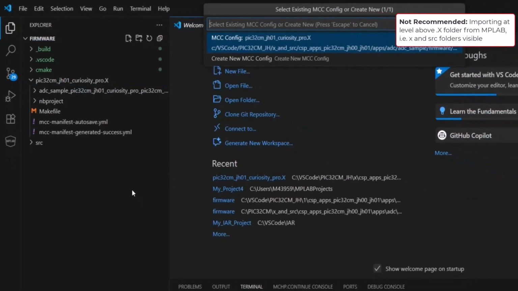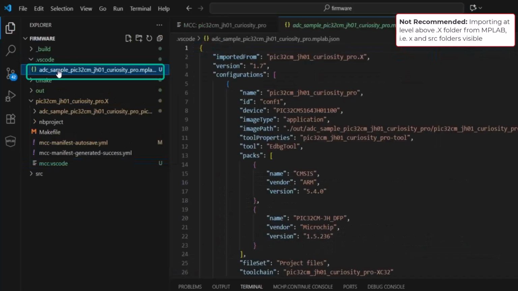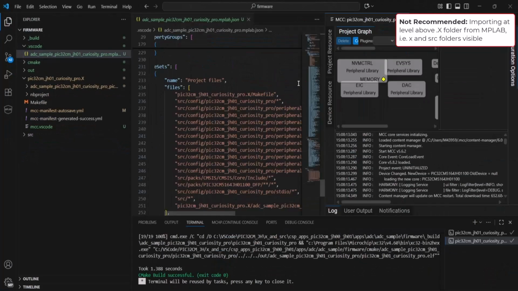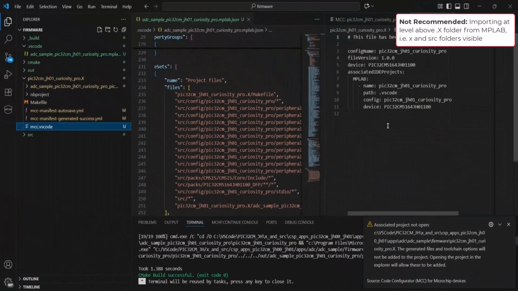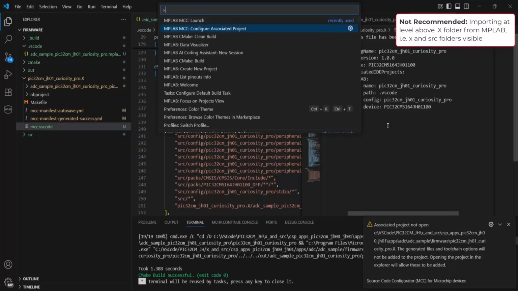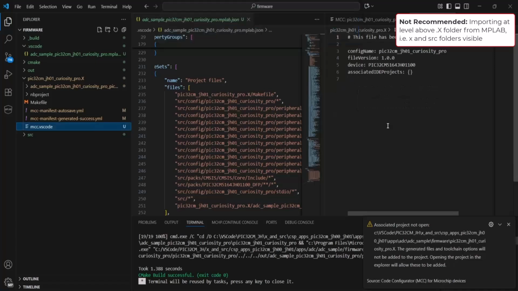When you launch and open MCC, the name of the configuration doesn't necessarily match the name of the .X folder. And opening the project config and looking at the file set, one can see that when generating files, they don't know where to go. To recover from this, we use the MPLAB MCC configure associated project, first removing the configuration